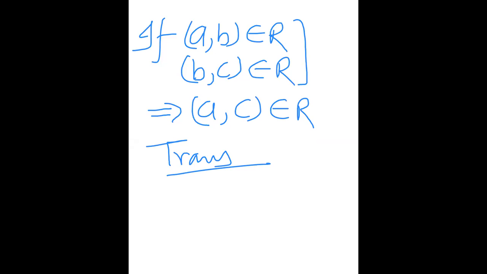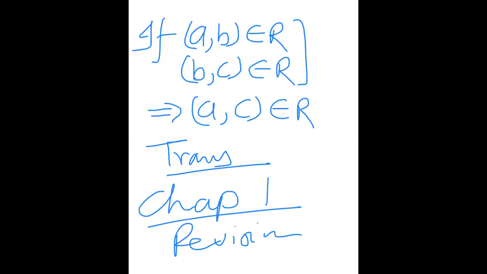So we have got an idea of chapter 1, what is reflexive relation, symmetric relation, and transitive relation. This was just for the revision of the first exercise. You have to do some of the questions. We are going to discuss your doubts also in the coming days. So reflexive, symmetric, and transitive relations we now know.